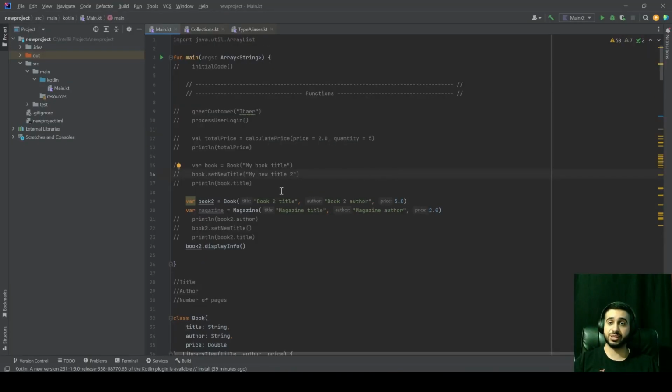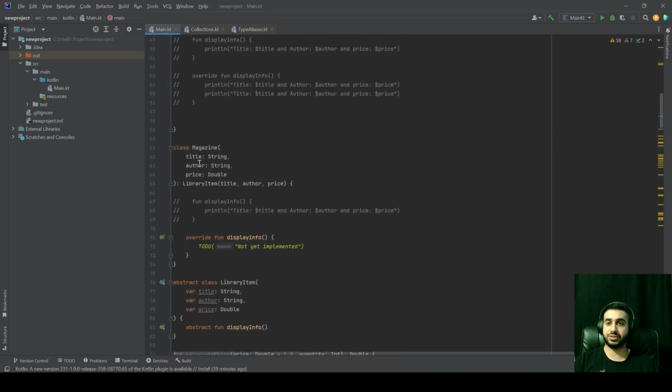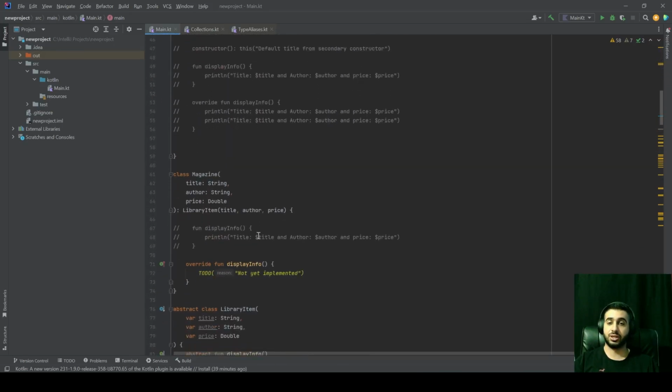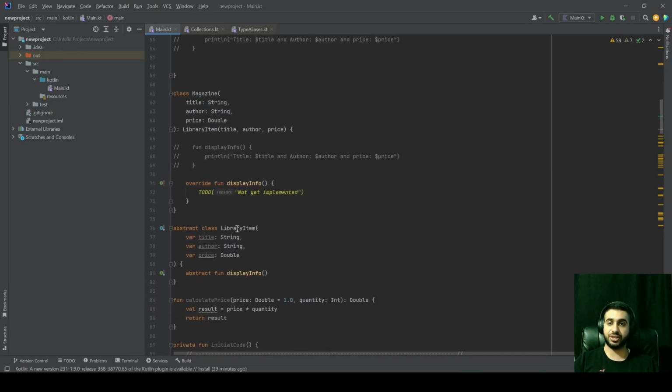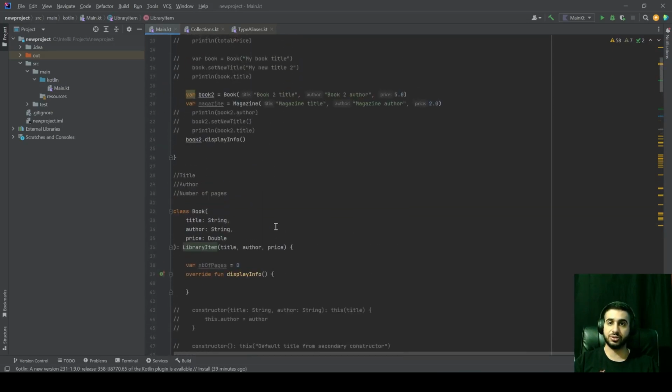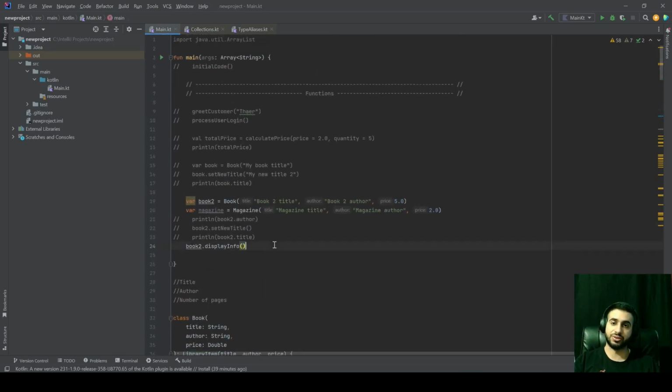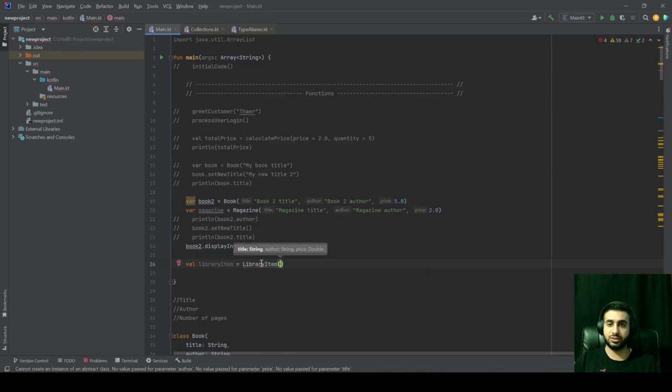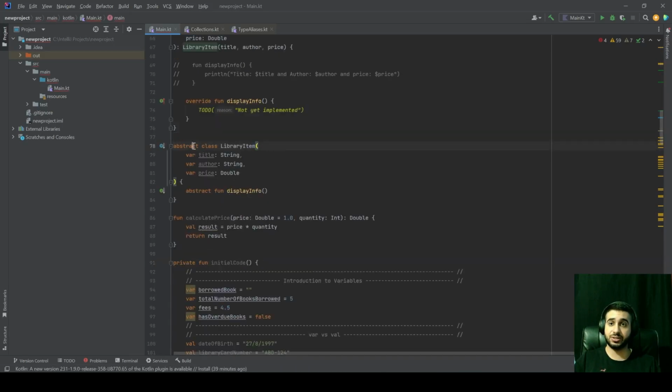Now, as for the second difference between abstract classes and open classes in Kotlin, you can't actually instantiate an abstract class. I have library item here. If I go to my main method and write val library item equals library item like that, I get an error: I cannot create an instance of an abstract class. If this were an open class like this,